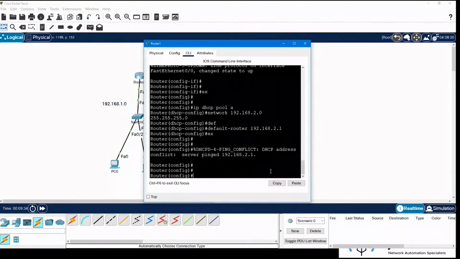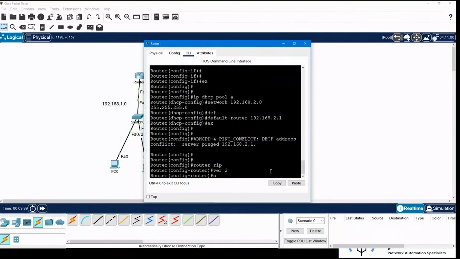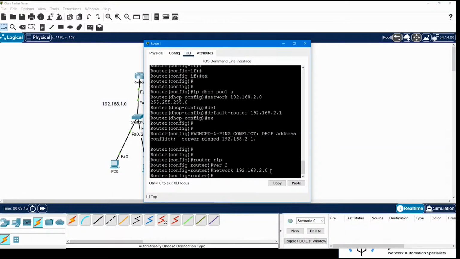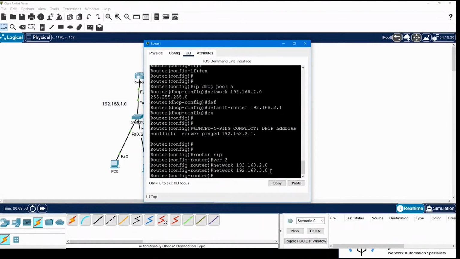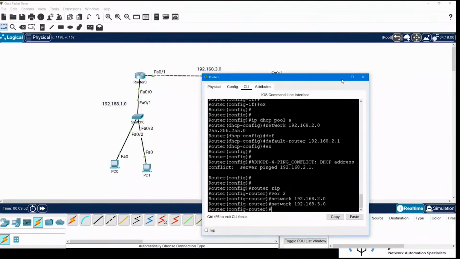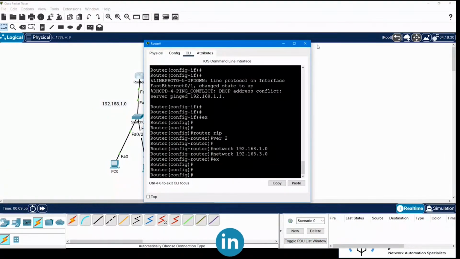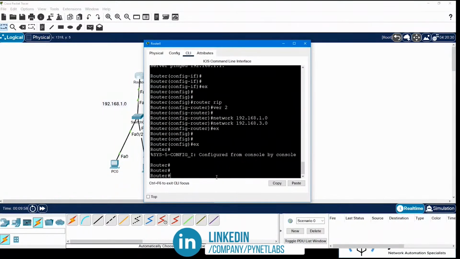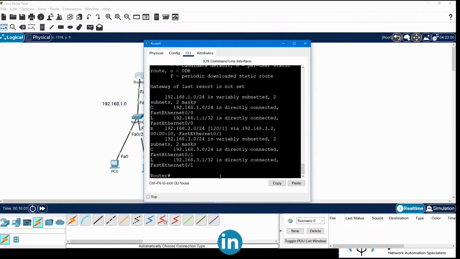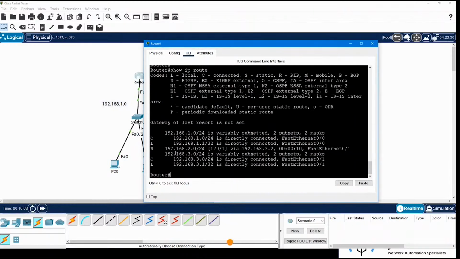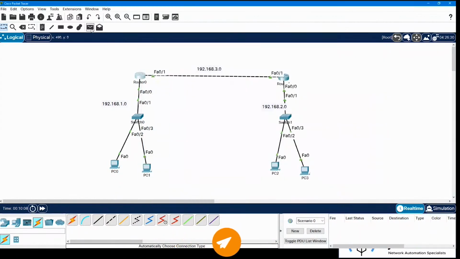On router number 2, we will do the same. The directly connected routes are 192.168.2.0 and 192.168.3.0. Okay. So let's quickly have a look at the routing table. And we can see that we have the routes with us. We have 1.0, we have 2.0 and 3.0 as well. So if you try to make communication between these devices, that will go successful,